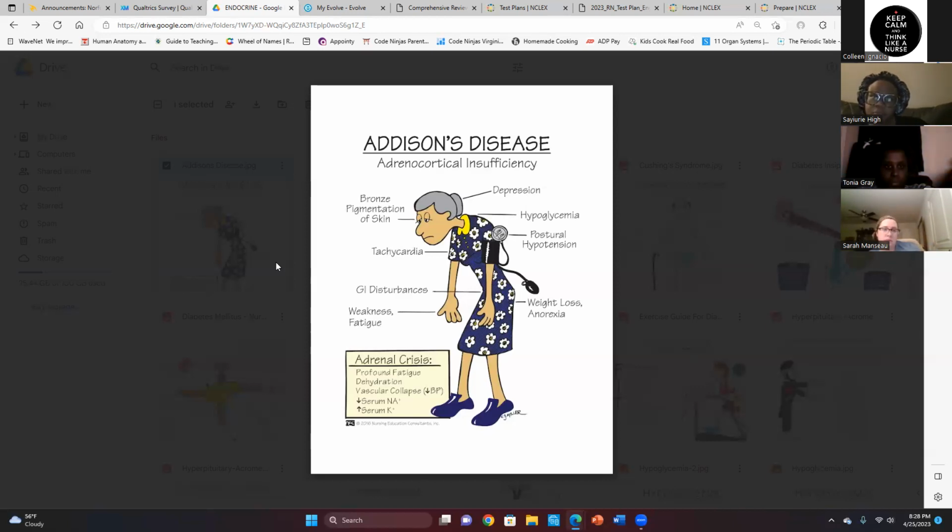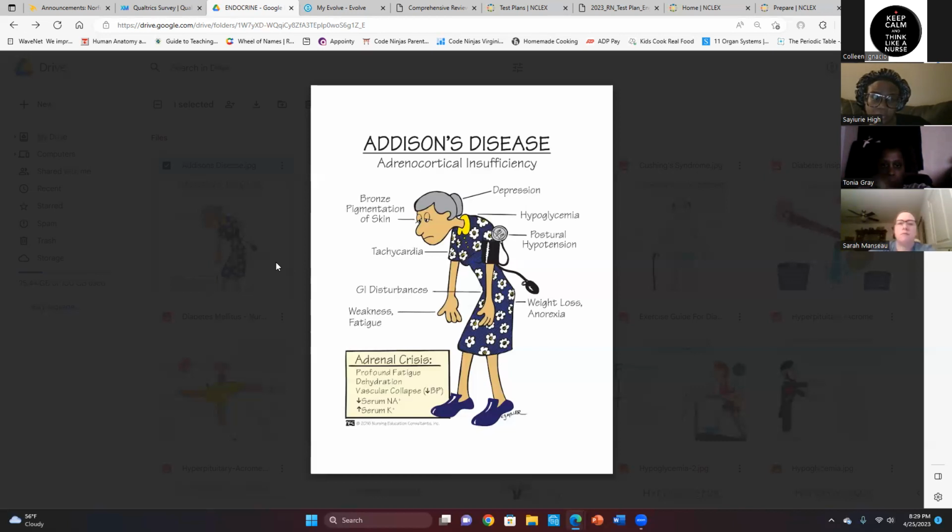So we also want to monitor for Addisonian crisis, okay? It's also known as an adrenal crisis. And so what is happening with this patient in an Addisonian crisis? They have signs of shock: hypotension, tachycardia, tachypnea, and pallor, okay? This Addisonian crisis can be secondary to stressors such as infection, trauma, surgery, pregnancy, or emotional stress. So this patient will require IV fluid replacement and IV steroids, and they might require